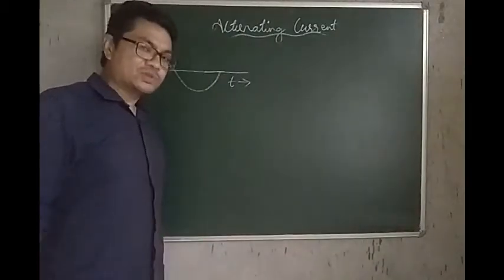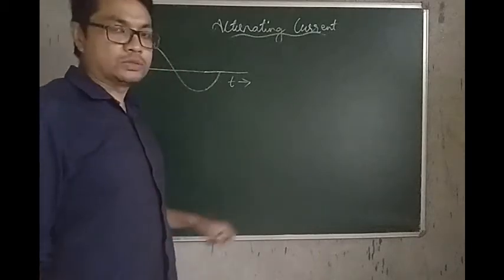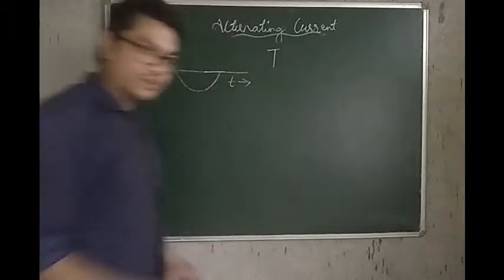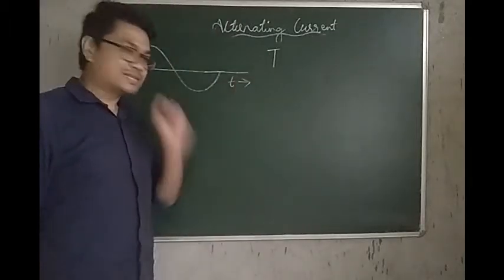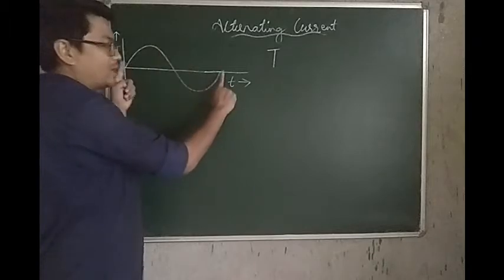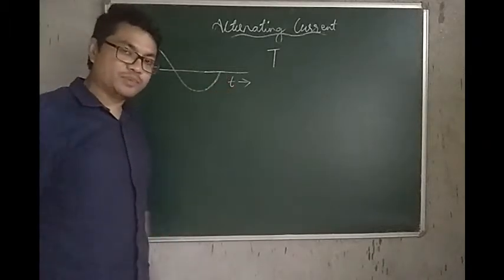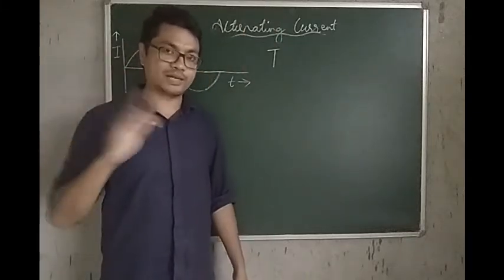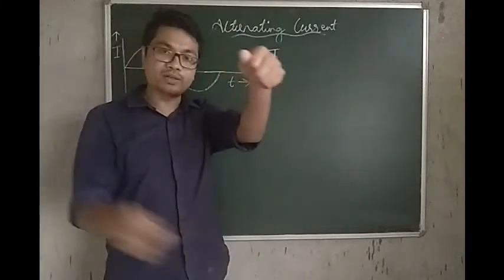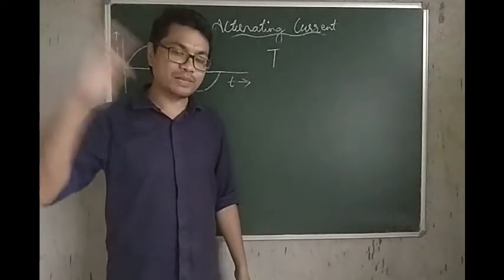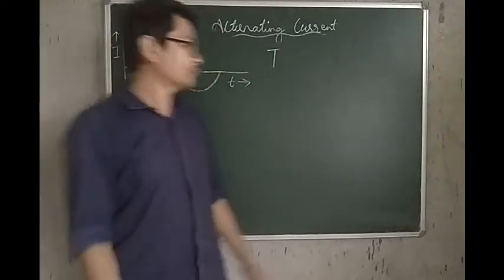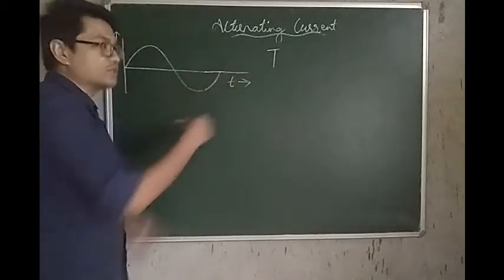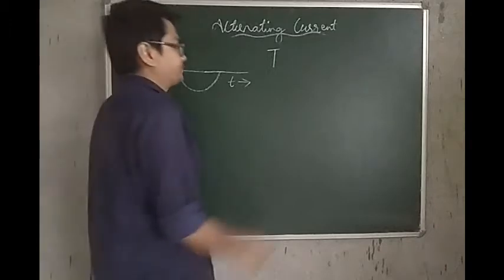Now let us get used to some very basic terms related to alternating current, starting with time period. What is time period? Denoted by a capital T, of course. The time taken to get one complete wave is what is called the time period. If it was an oscillating body, or a vibrating body for that matter, then the time taken for one complete oscillation, or one complete vibration, is what is called a time period. So in case of a wave, the time taken to get one complete wave is the time period.